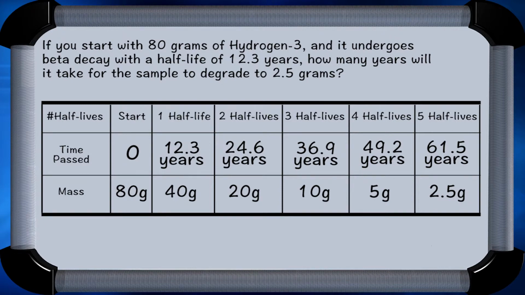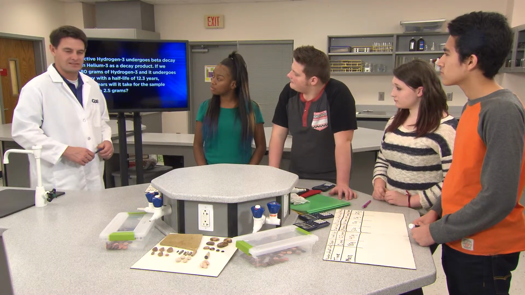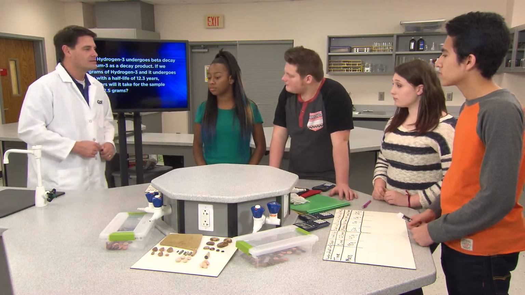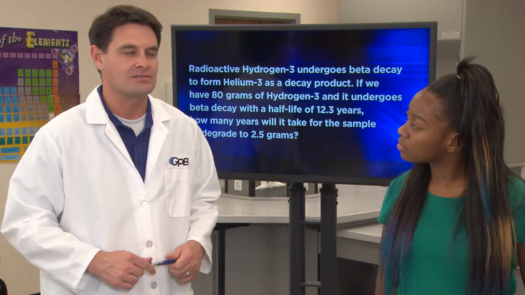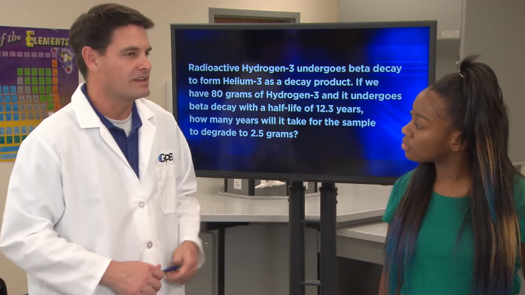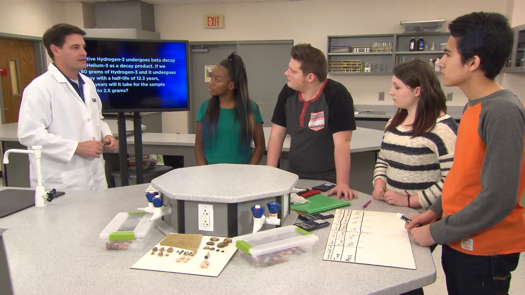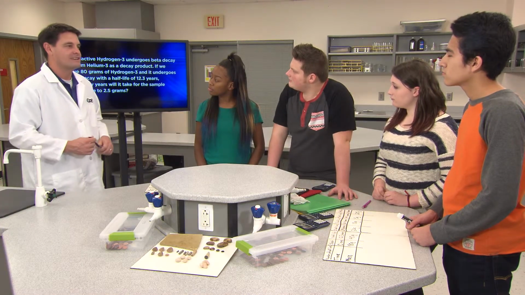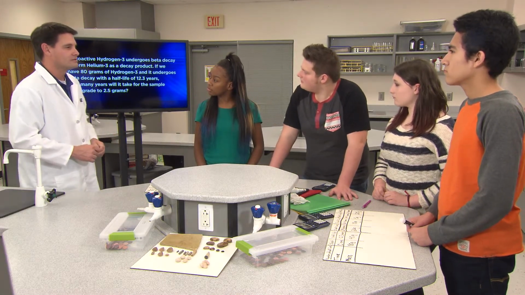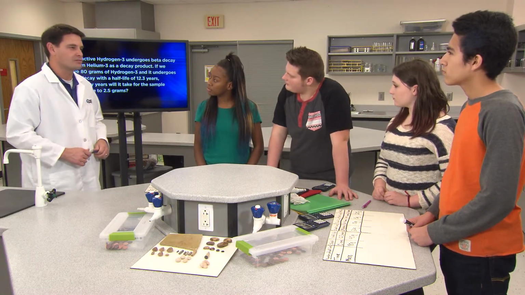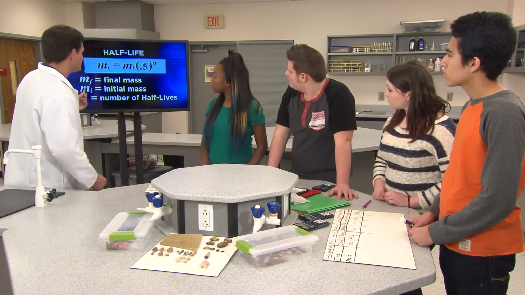Excellent. What you've just done is exactly what scientists do when they determine the age of fossils and rocks, like the ones that you see here on the lab bench. Once they know the rate of decay of the radioactive isotope that's found in the fossil, they simply measure the mass of the remaining isotope and then the mass of the decay product atoms. If half of the radioactive isotopes remain in the fossil and have not yet decayed, we know that the fossil is 1 half-life old. An alternative, more quantitative approach to solving half-life problems is to use an equation like this.